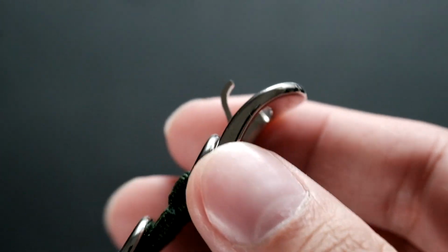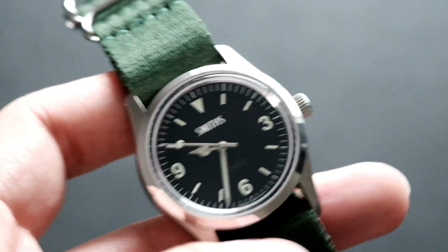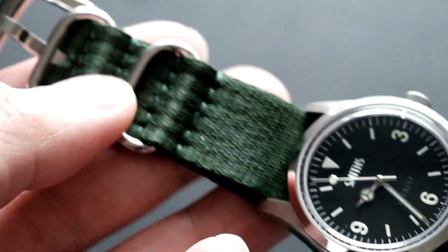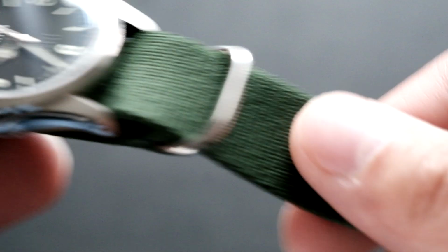It is quite thick and sturdy, and if you take a look at the back, it's emblazoned with the Shinola logo. Now, Shinola is a company that specializes in leather products. They also do some quartz watches. I'm not at all interested in their more fashion-oriented offerings, but I will have to say that this G10 NATO is kind of true to the original NATO, being that it has these round keepers here, and it's thick, but